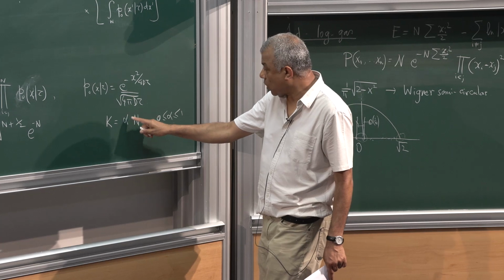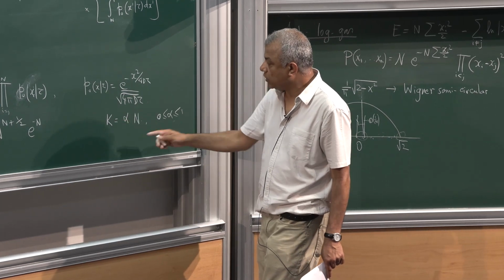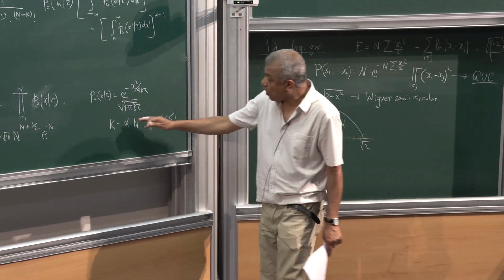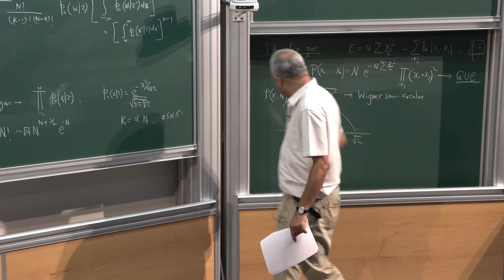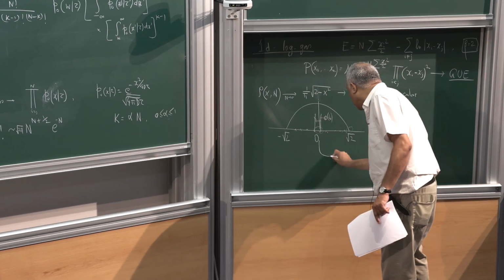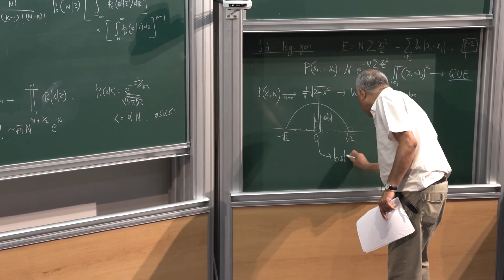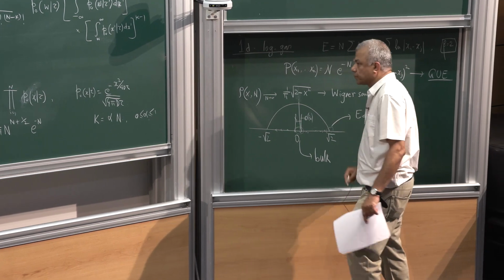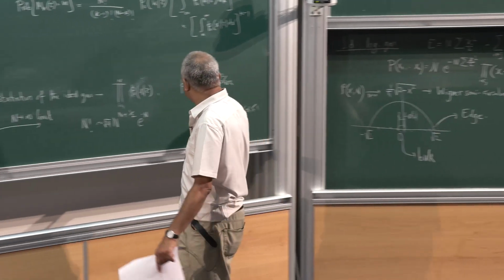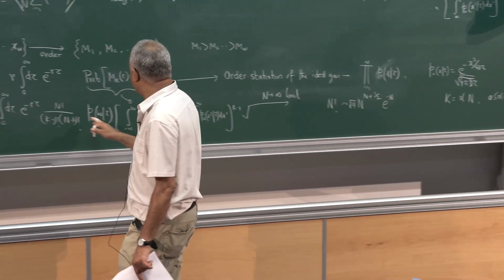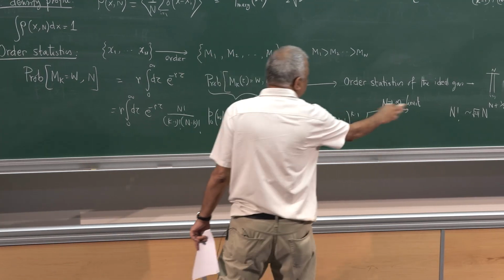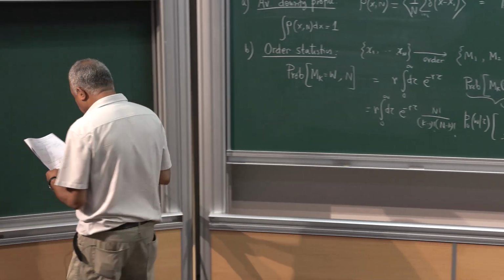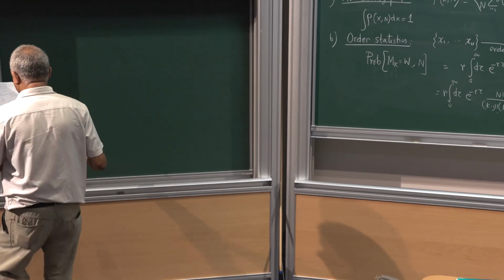When alpha is order 1 over n, then k is of order 1. That means I am probing near the edge. But if alpha is of order 1, then k is of order n. That means I am probing deep inside the bulk. So this is the bulk, and this is the edge. So you can set k equal to alpha n here, and take the n large limit, and you just work it out. I won't go into the details, but basically what you find is that